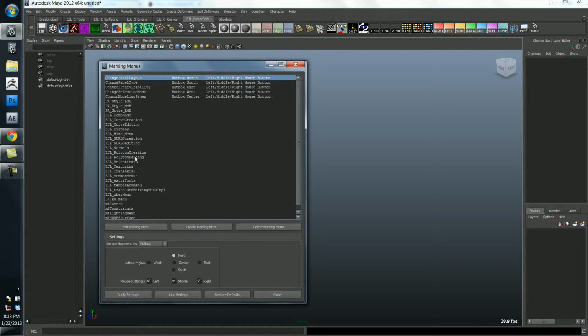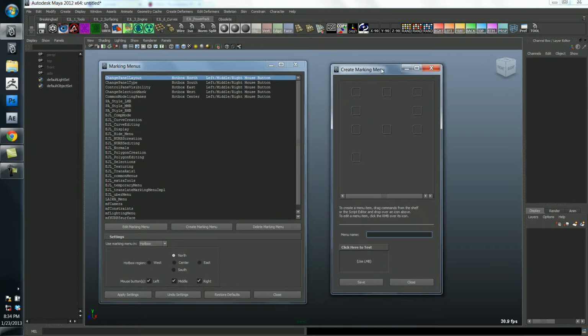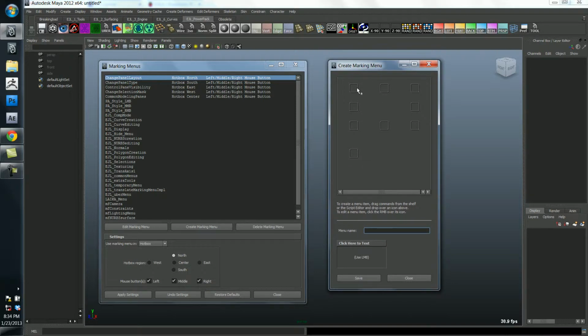Okay, so the first thing you need to do is create a marking menu. These are the ones I've already created for myself over the years. And it's going to bring up this box here. And so you'll notice that you've got these cubes all around, and these are empty fields that you can put hotkeys into, basically. So just like when I bring up my hotkey